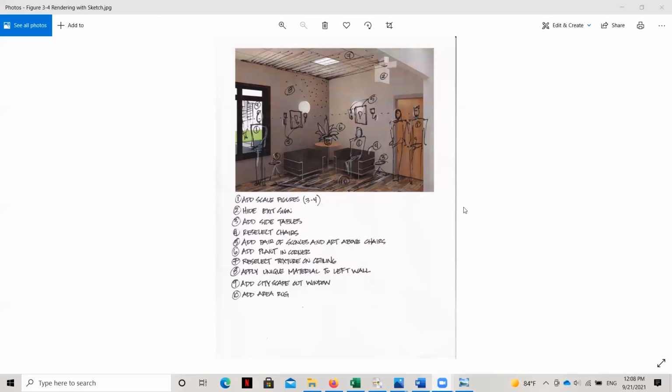And what's nice about this is that once you've brought in this technique where you've printed out a really nice quality image, you have added additions to it, you've brought in critical elements of any good rendering, like scale figures, a background, entourage, really simple indications of texture and notations, shade and shadow, and you've created this unique composition.